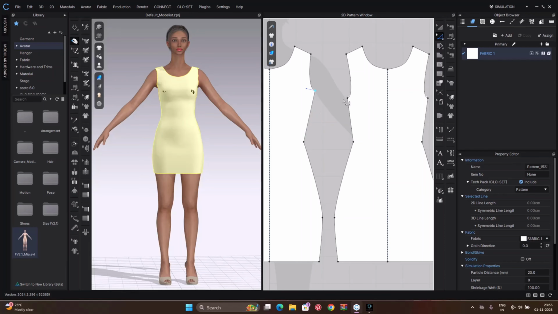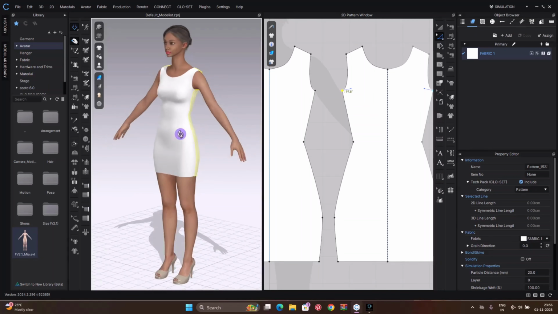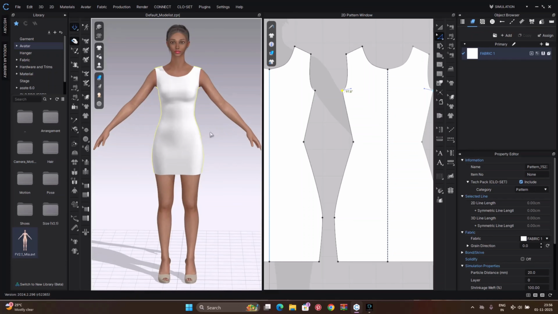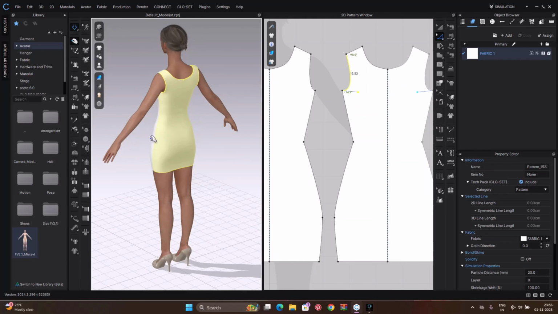Your armhole should be likely to be, okay, the dress should fit more snug. And rearranging the back armholes,